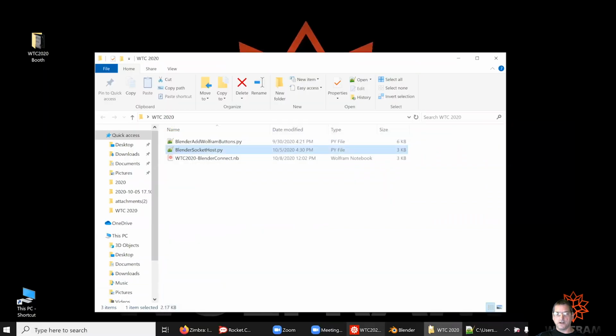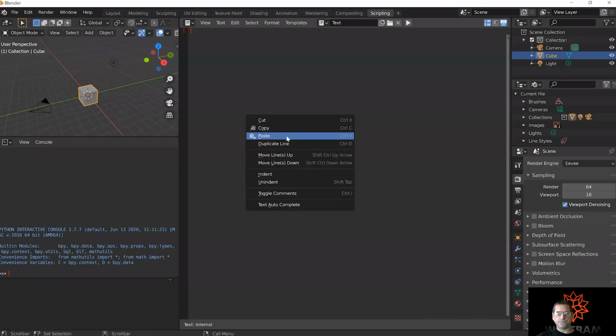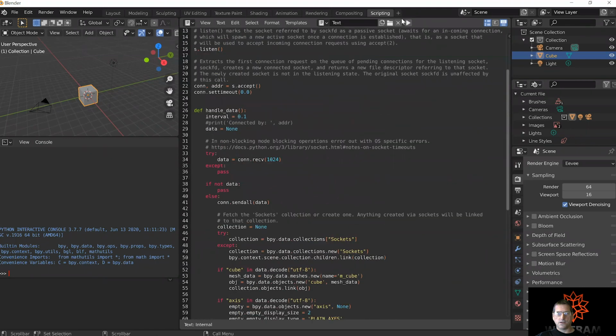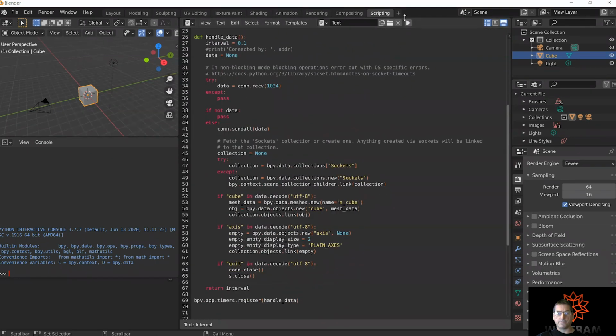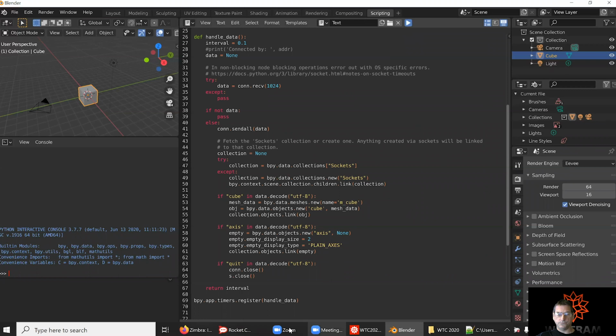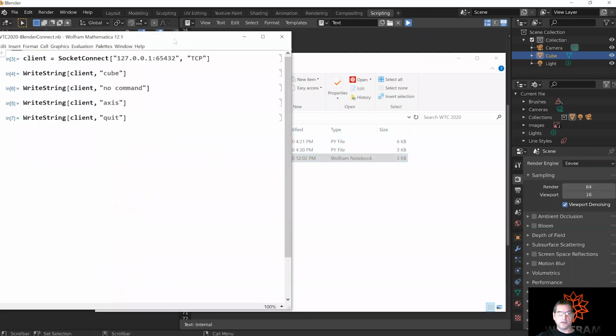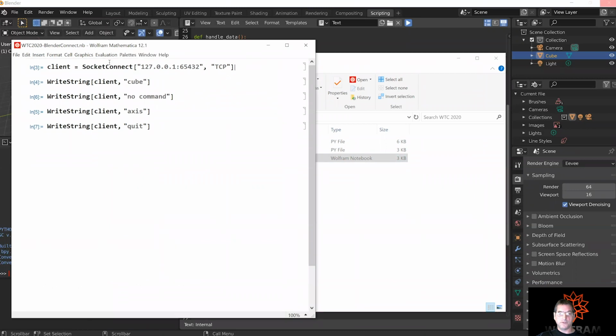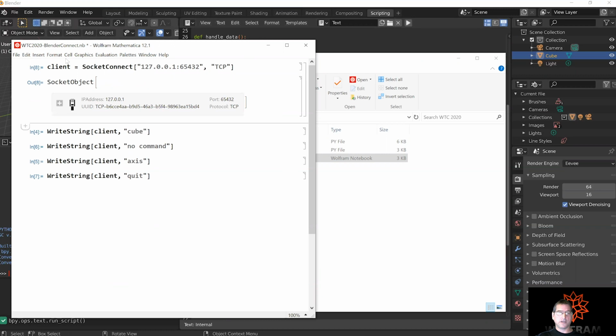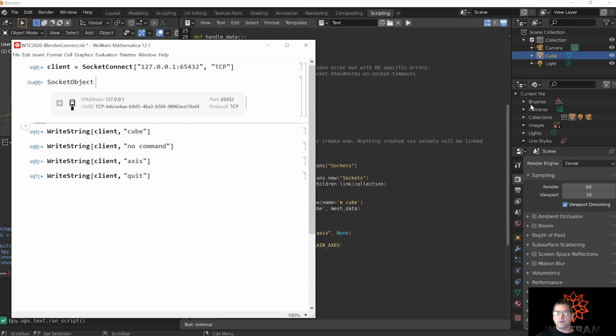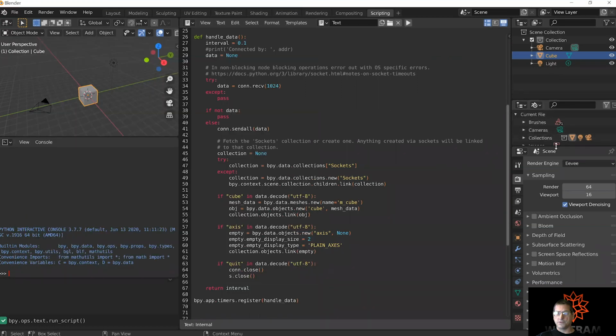And we're just going to select it all, copy it right over here into Blender. Come up here and run it. Open up Mathematica in 12.1. Make the socket connect call that I was telling you about, and it connects because Blender's waiting for it. And now we're gonna send this string over, and this program is going to add